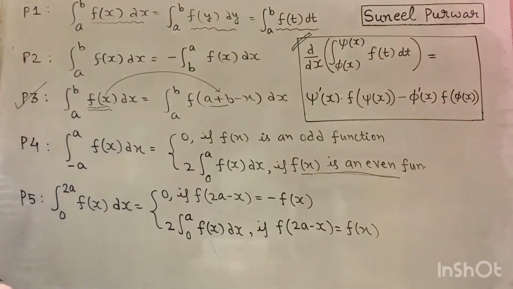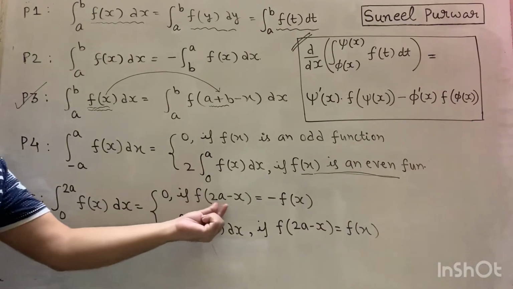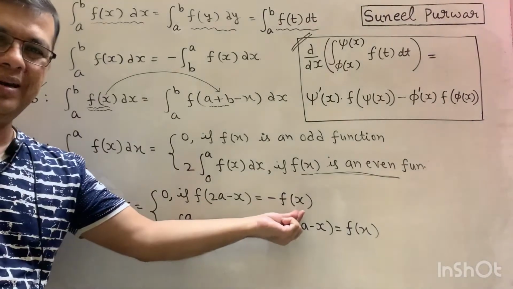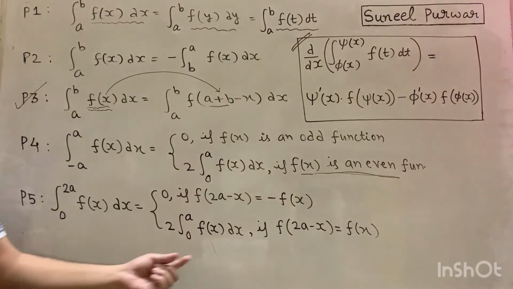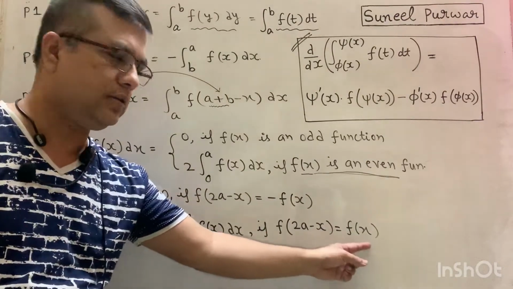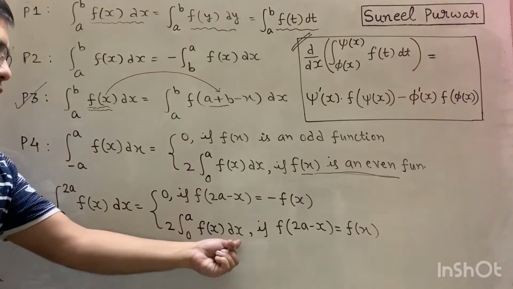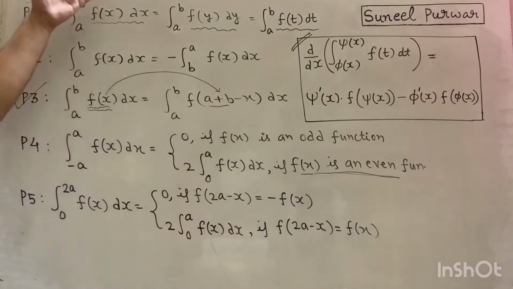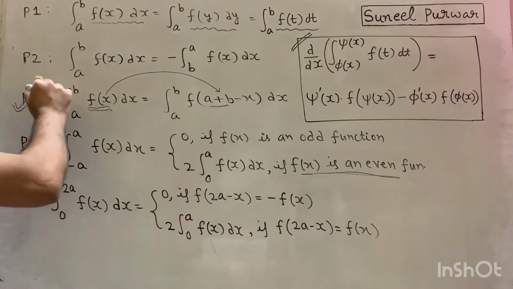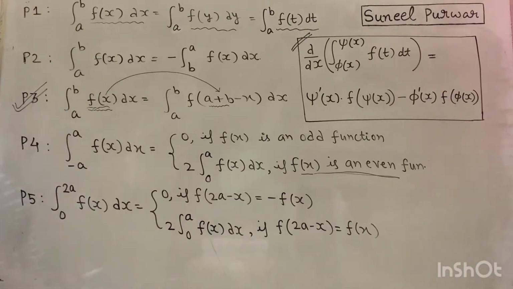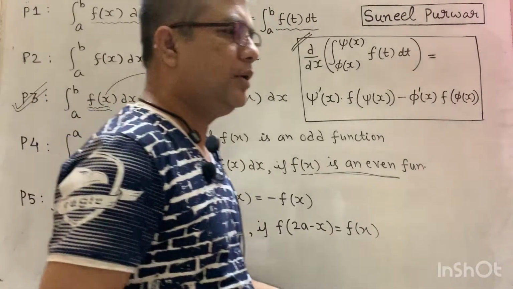This next property, integral 0 to 2a, alright, f of x dx becomes 0 if f of 2a minus x is equal to minus of f x, and on the other hand, if f of 2a minus x is f of x, the integral reduces to 2 times 0 to a f of x dx, okay? So these are the very important properties, and don't forget this third property being the most powerful and frequently used in the questions. And last but not the least,